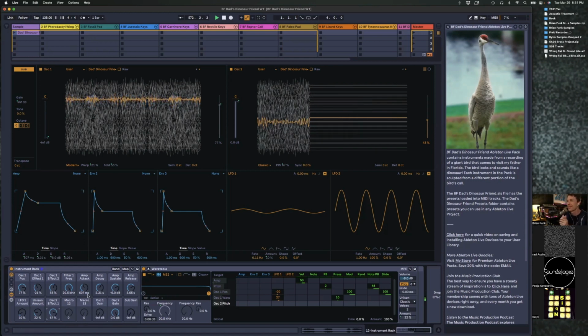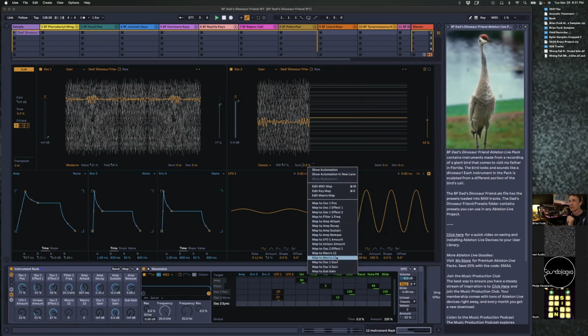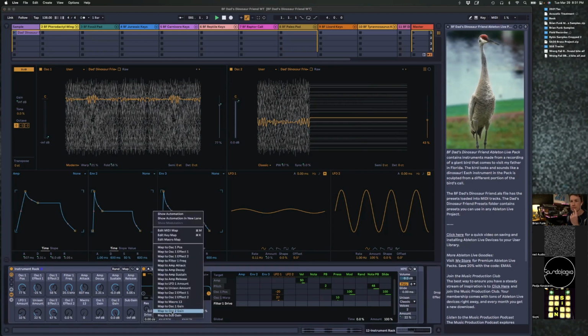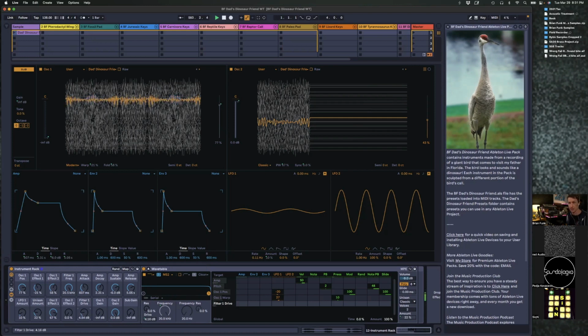Hey, Brian. Yes. So maybe do the sync on oscillator 2 to one of the macros, and maybe the drive from the filter. Let's do it. Okay. Sounds good to me. That was probably going to be much louder, so